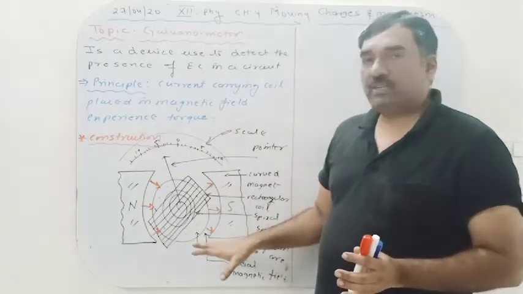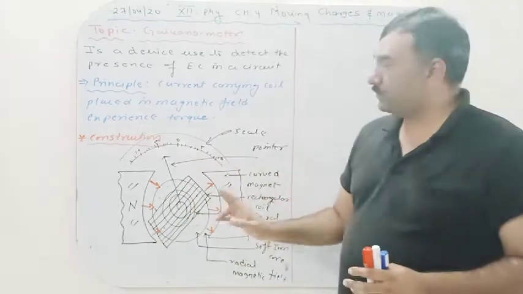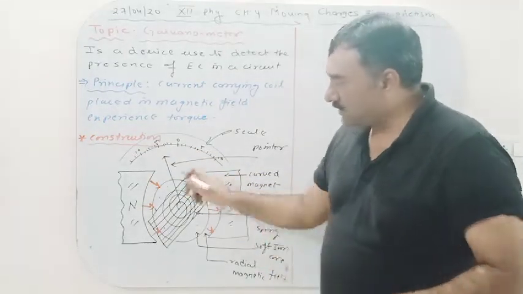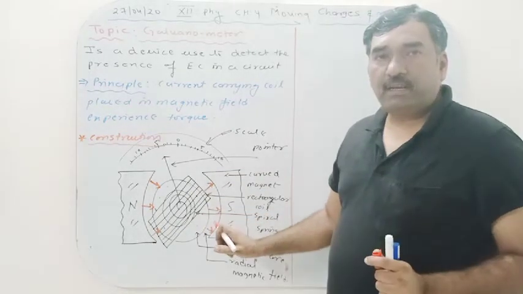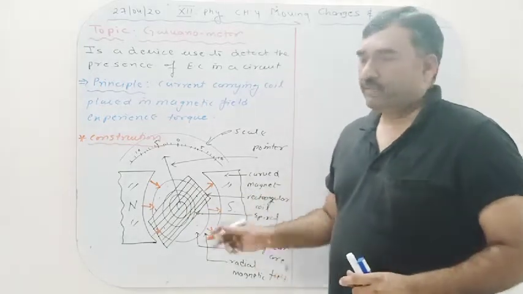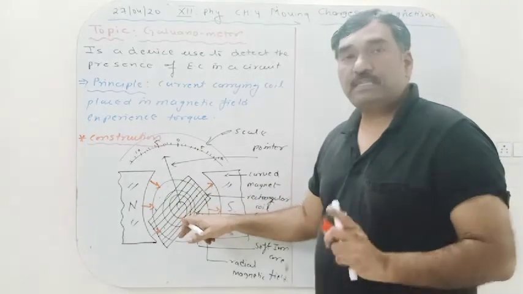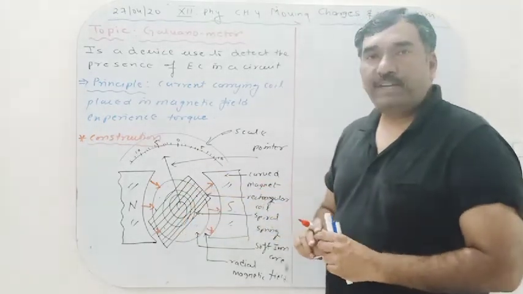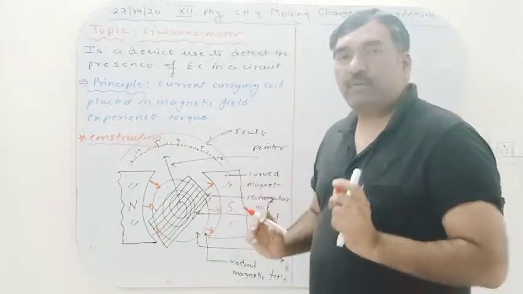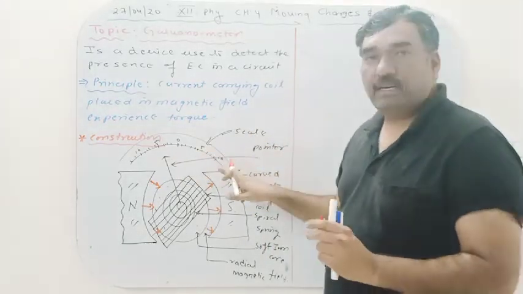This is the rough construction of a pivoted coil galvanometer. Pivoted means it can move in both directions. Here we have a circular scale. It has a soft iron cylindrical core, and on the core we have rectangular copper windings with n number of turns. This entire arrangement is fitted on a spiral spring which is connected with a pointer, and it is placed in a radial magnetic field between the two poles of a curved bar magnet. The scale shows the pointer readings.